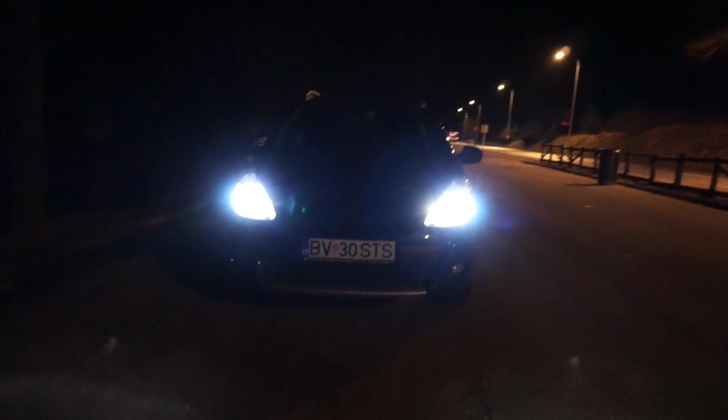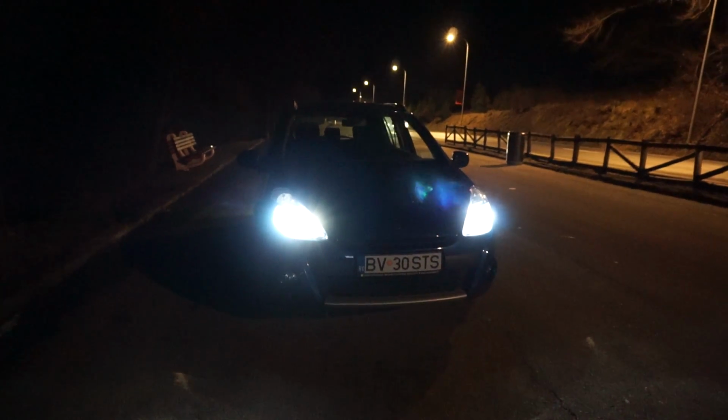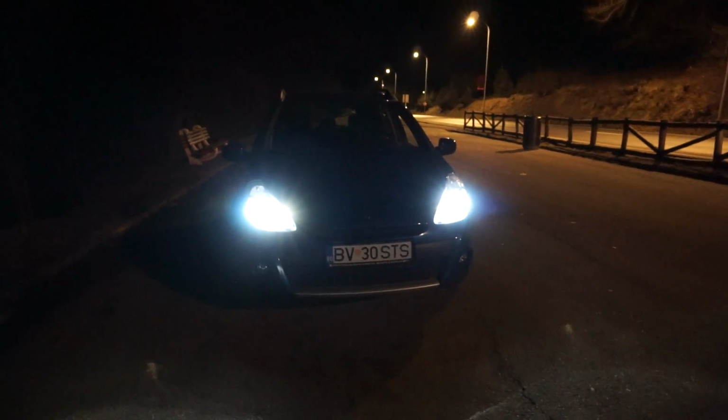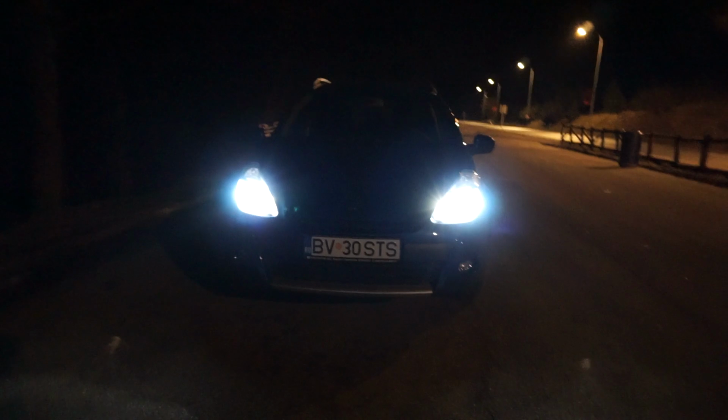This is how the Philips Diamond Vision bulbs look like during the nighttime. The color is definitely the whitest from all the Philips line I've tested so far, and it also has a slight blue tint. They are a pleasure to look at, but